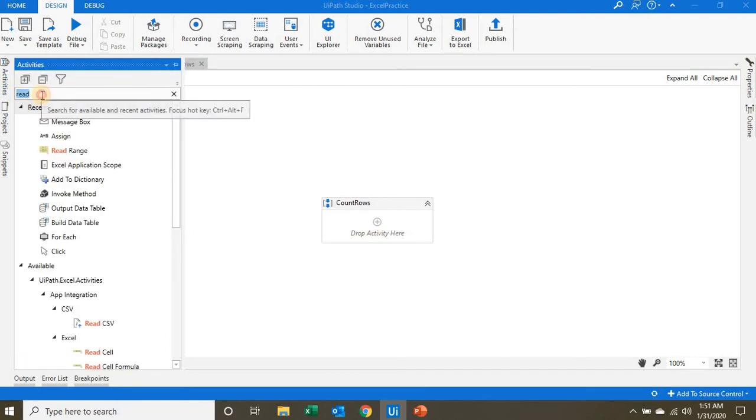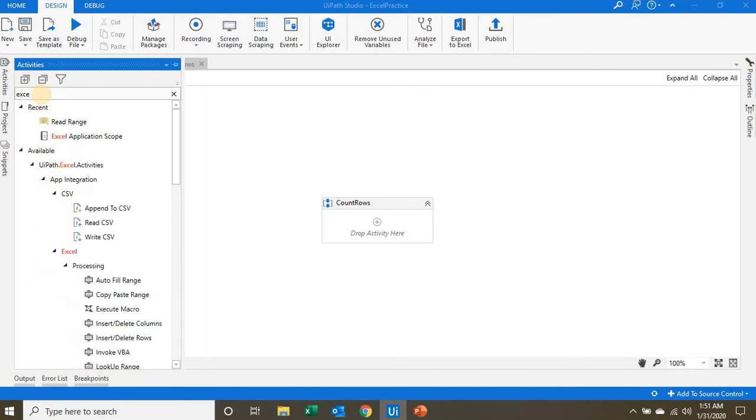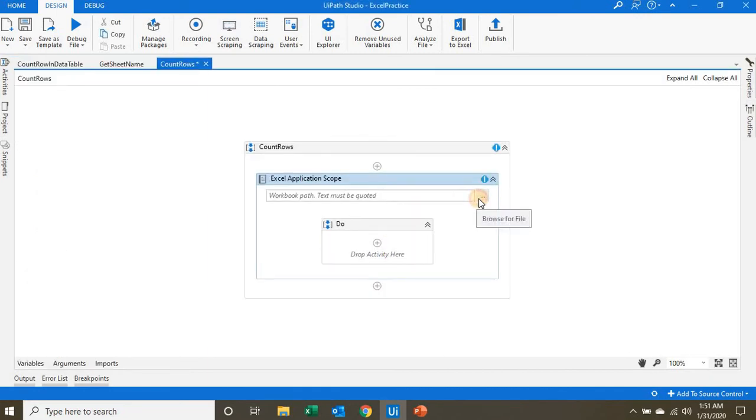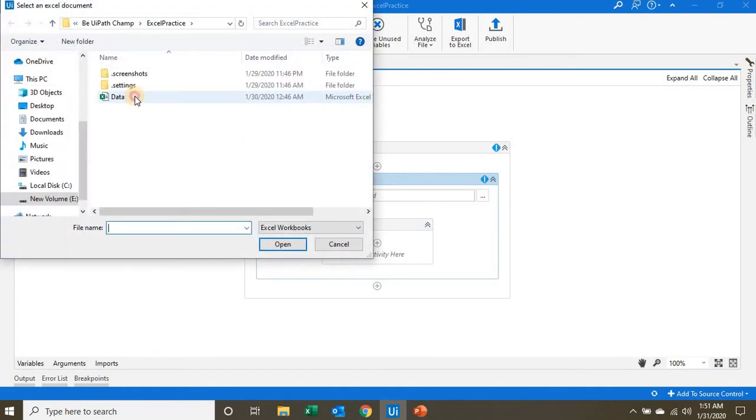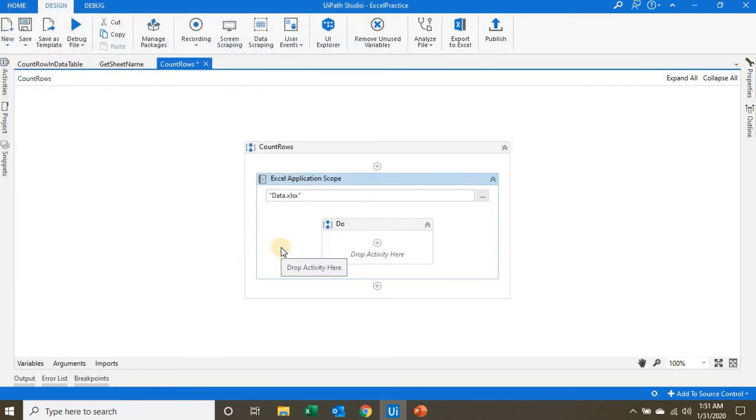So I will take first Excel application scope. After taking Excel application scope, we will take the Excel file where we have saved it. Then